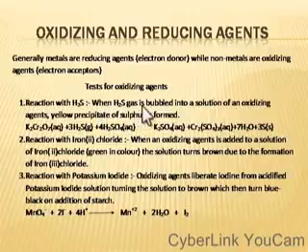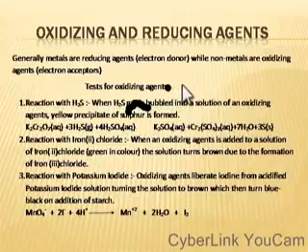As a reducing agent. And when you bubble hydrogen sulfide into a solution of oxidizing agent, a yellow precipitate of sulfur is formed there. If you look at the reaction there, you will see that